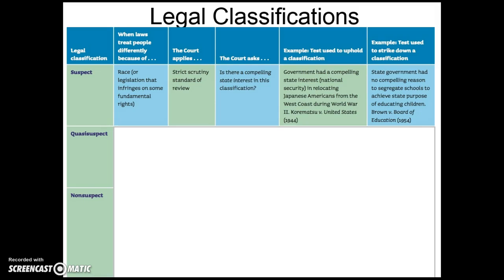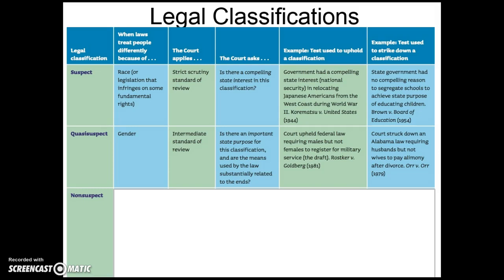So just to explore this chart a little further, even though it doesn't fit with Brown versus Board, quasi-suspect class requires a lower standard of review to ensure that laws can treat people separately or differently. Gender would be an example. At this point in our court's rulings, sexual orientation would probably be a good example of what would fall in here, where there have to be very good reasons and it has to be an important state purpose, but maybe not a compelling state purpose. If you want to read these other two columns, you can look at some examples of cases.